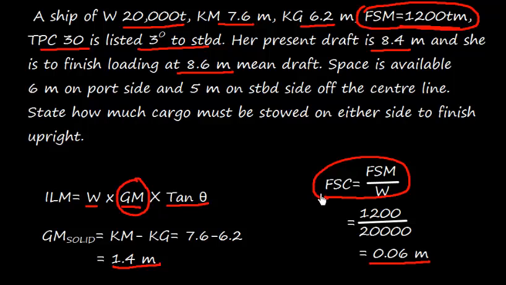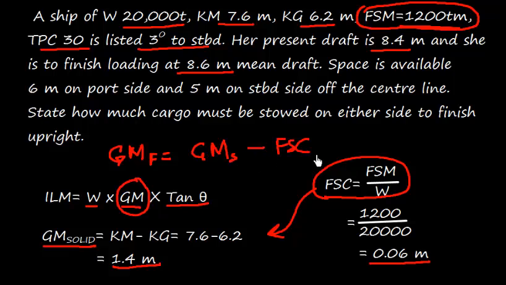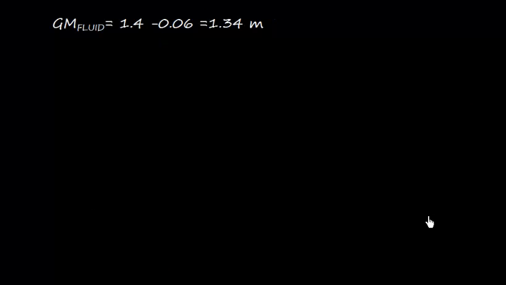Well, this free surface correction needs to be subtracted from GM solid to get the GM fluid, because we know that the GM fluid is nothing but GM solid minus FSC. So we get GM fluid as 1.4 minus 0.06. So I get this value,